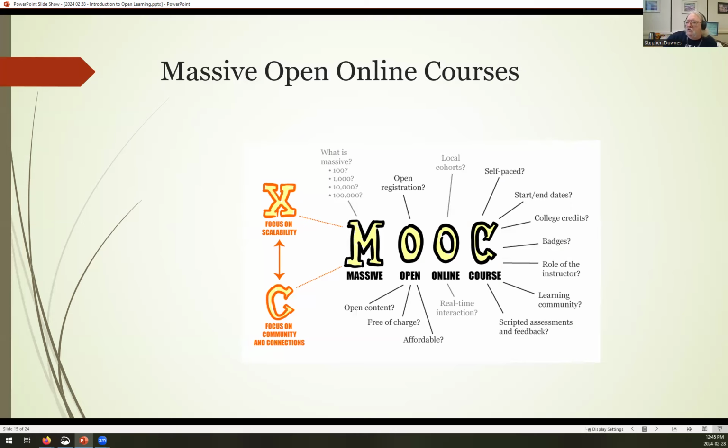There's a major difference in learning paradigm where we go from the idea of the transmission of knowledge from someone to a group of people to the creation of knowledge by a group of people. And that's what made it a connectivist MOOC.